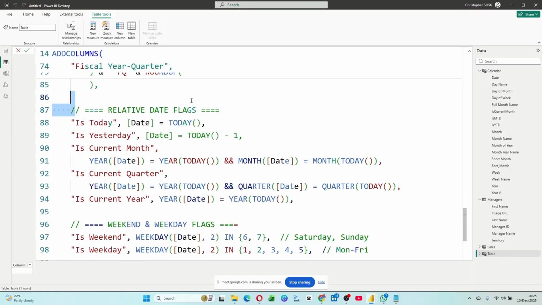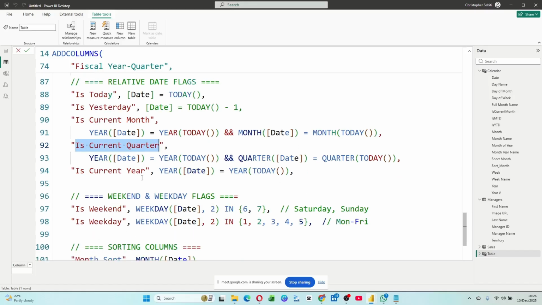Now these ones are the relative date flags. If in your data you want to mark if the date is today, they give you that function, today. If it's yesterday, they do today minus one. If it is the current month, they do this month. If it is the current quarter, they do this quarter. All those functions it gives you, such that when I commit this and go to that table, you'll find it